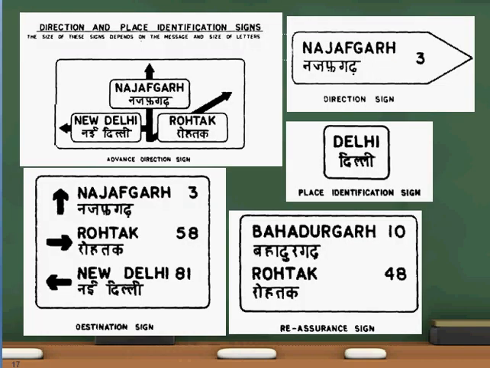This is an example of a direction sign. Here you can see these arrows give the direction in which we have to go to reach these places. Usually it is given in a rectangular shape. Then you can give the distances to different places like this. Then you can give place identifications, which means which place it is. Once a place has been reached, you can place a board there. Like that, direction signs showing where you have to go can also be provided.